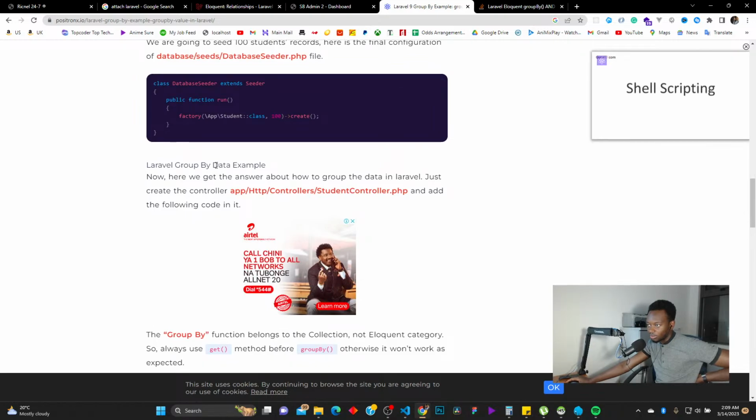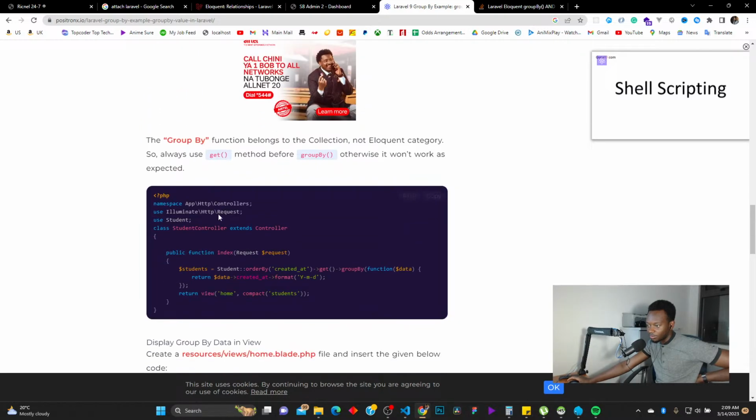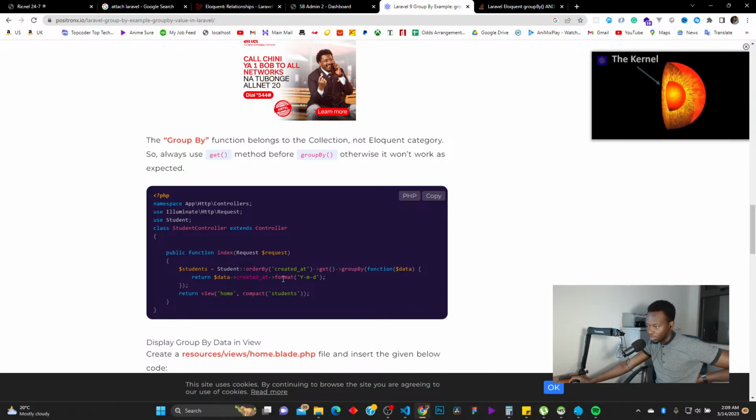Okay, now the group by data by example. Yeah, so now we can say order by, get group by, and then group by. So we can run a function data, return data created at format ymd. So this group by situation is not necessarily supposed to pass in